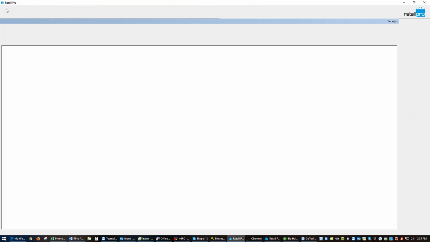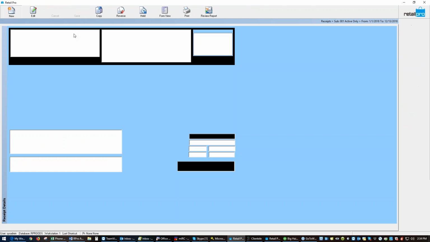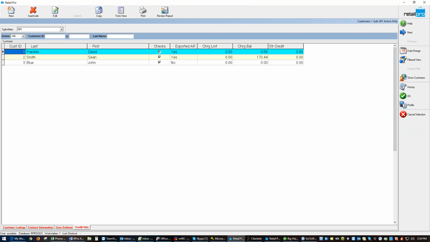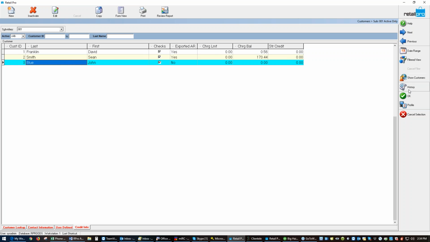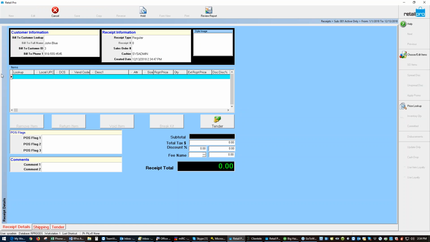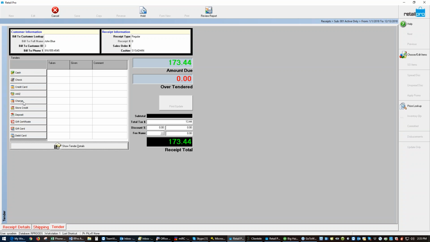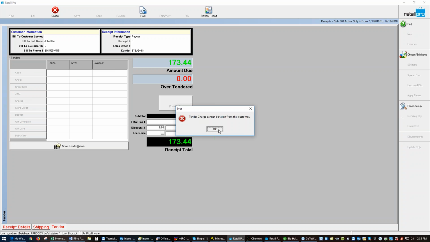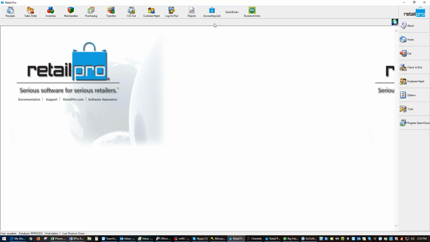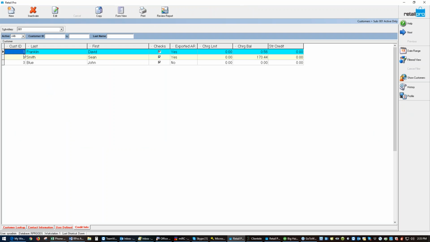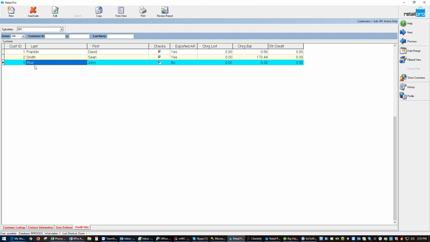Let's see, if I go up here and make a sale to John Blue, and I try to charge that to John Blue, he's not marked as an accounts receivable customer, so it won't let me charge it because I marked that error in settings. But if I go over here to John and mark John as AR yes, like everybody else,